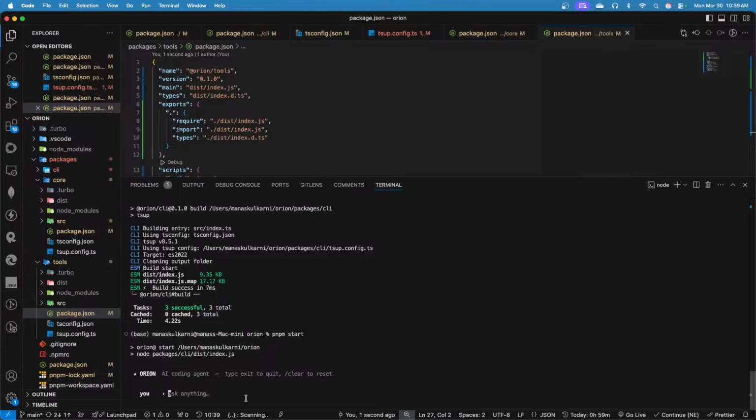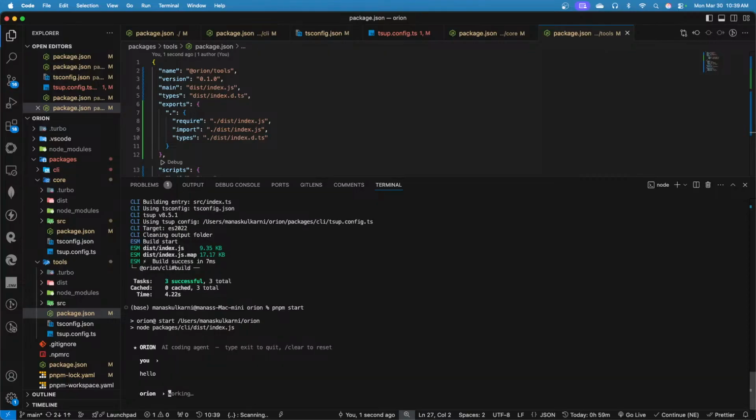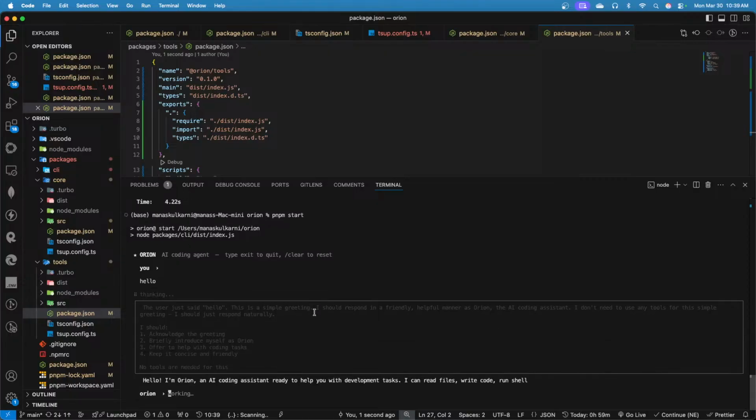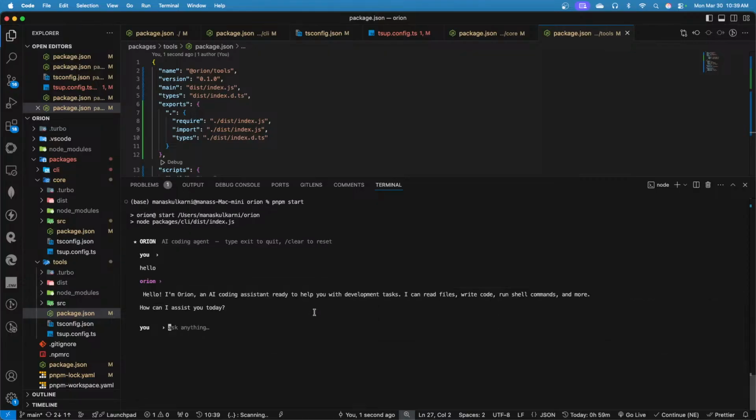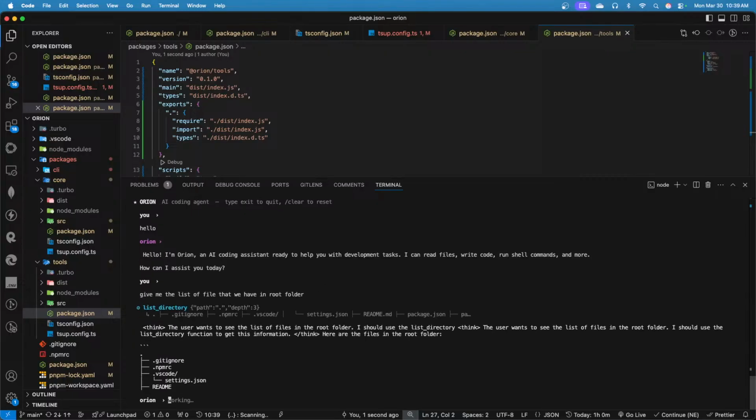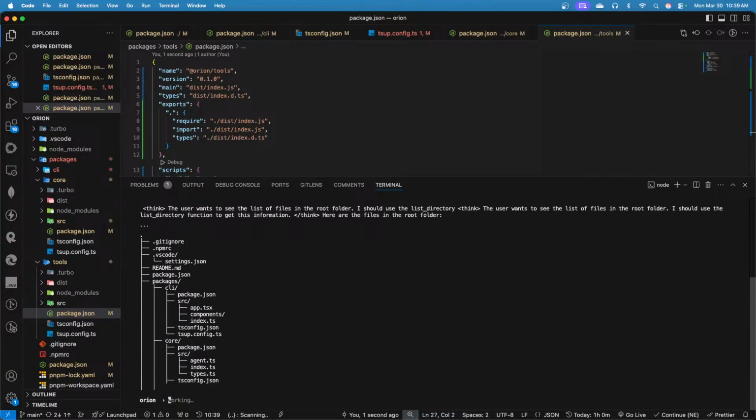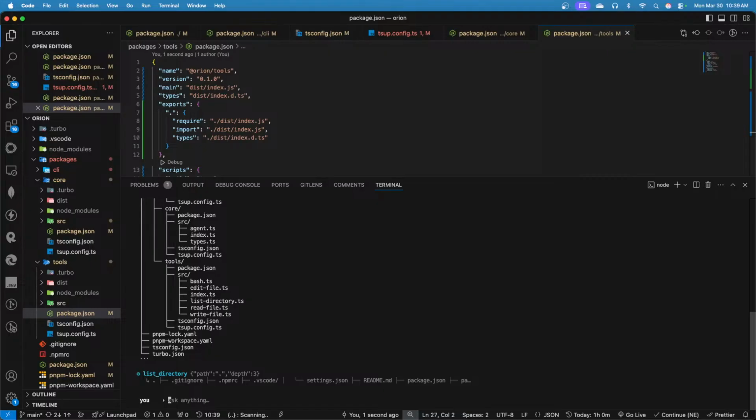ठीक है। तो लेट्स आस्क हेलो। यप यार, ये देखना कितनी बढ़िया तरीके से यूआई दे रहा है। आपने देखा, आपने देखा। हेलो, आई एम ओरियन, आई एम एन कोडिंग असिस्टेंट रेडी टू हेल्प यू। Give me the list of files that we have in root folder. Let's send. कितने बढ़िया तरीके से इसने नेस्टेड वाली फाइल्स भी हमको दे दी।